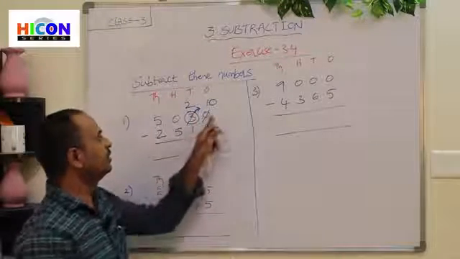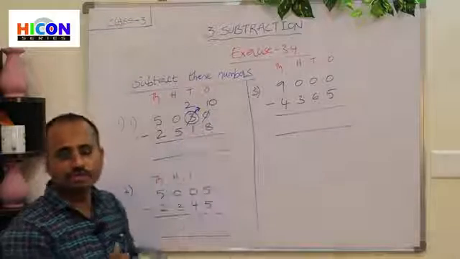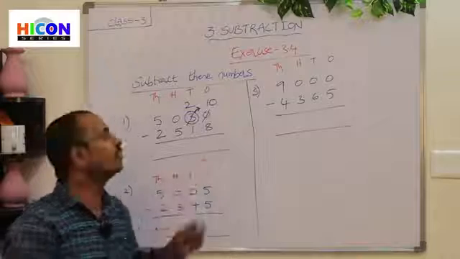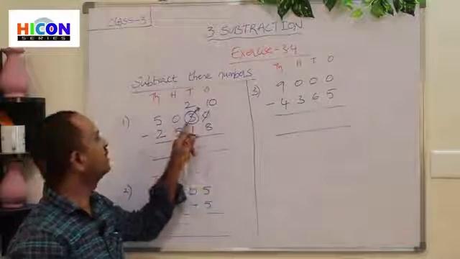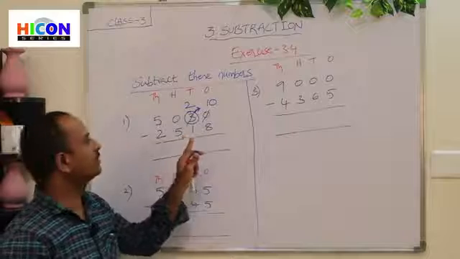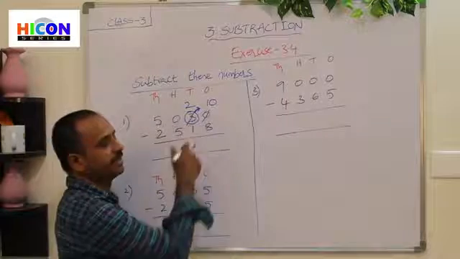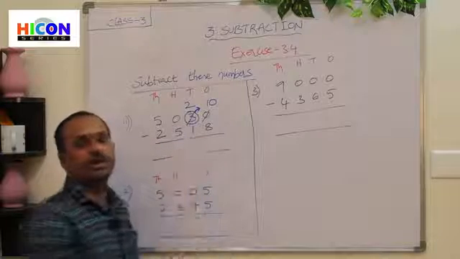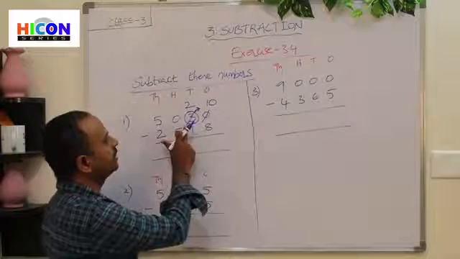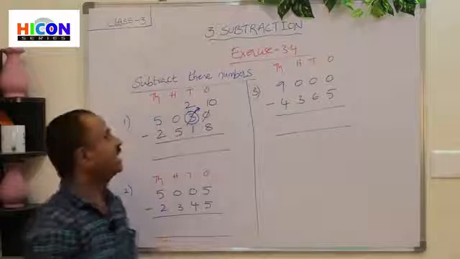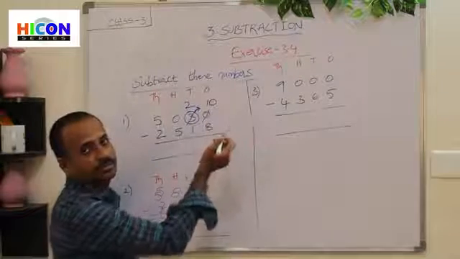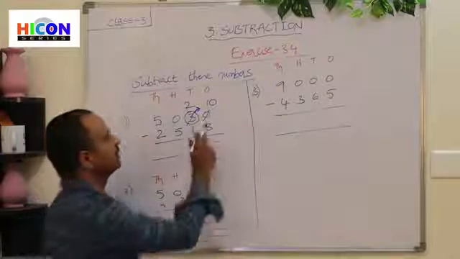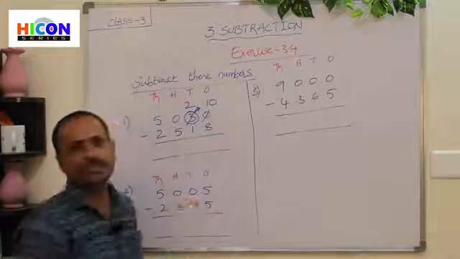Children, are you able to understand here? So here 0, we cannot subtract 8 from 0. That's why we have to regroup from tens place. That means we have to borrow from its next place. What is its next place? Tens place. How many tens are there? 3 tens are there. Borrow 1 ten from 3 tens. Then 2 tens will be there. And carry 1 ten to the ones place. It becomes 10 ones. So write 10. Now do the subtraction.